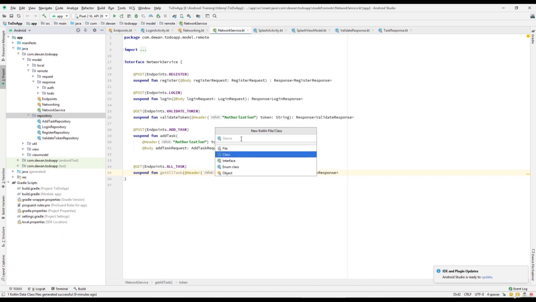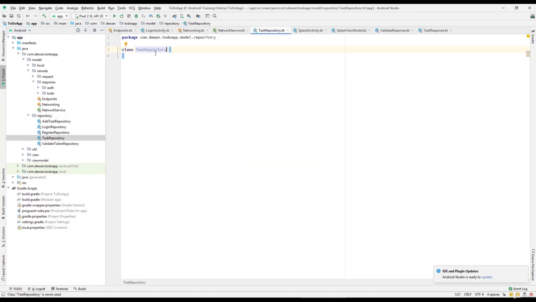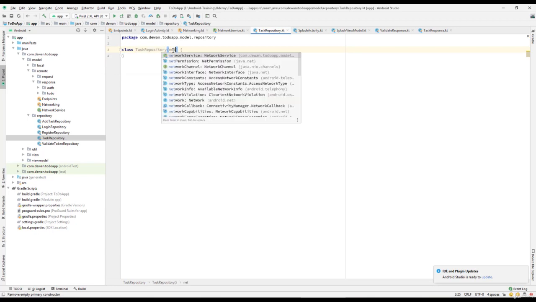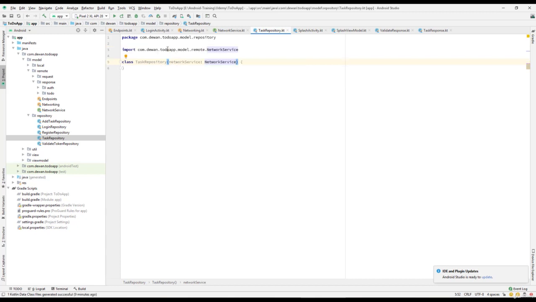class and call this one task repository, R-E-P-O-S-I-T-O-R-Y. So task repository, just create it. So we have a task repository over here, and we need a constructor over here, and we need to pass a network service. So we will need a network service, and let's create this one as a private variable of